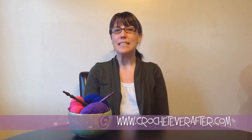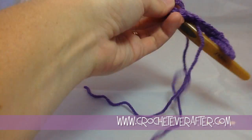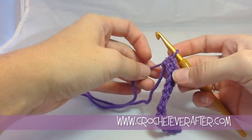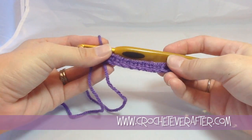Now we are going to move on to single crochet into the first stitch of your row. So this is going to show you how to make that first stitch into that kind of difficult space that you see when you first start your row of any project. Okay, you might have just joined us from the single crochet foundation chain tutorial. Now we are going to turn our work and learn how to single crochet into the first stitch of our